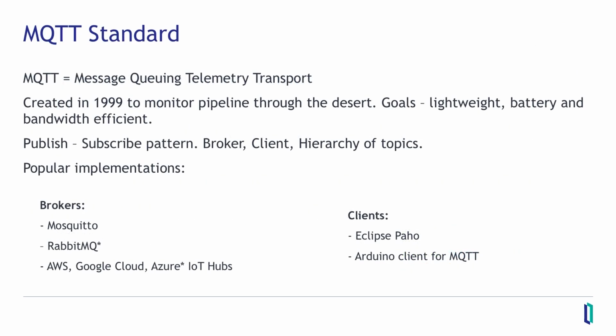Now, MQTT. MQTT became the de facto standard for Internet of Things. The origins of MQTT protocol are, it's 20 years old, and it was designed to monitor sensors attached to the pipeline in the middle of the desert, right? They don't have Wi-Fi in the desert. The only option to send this data to the